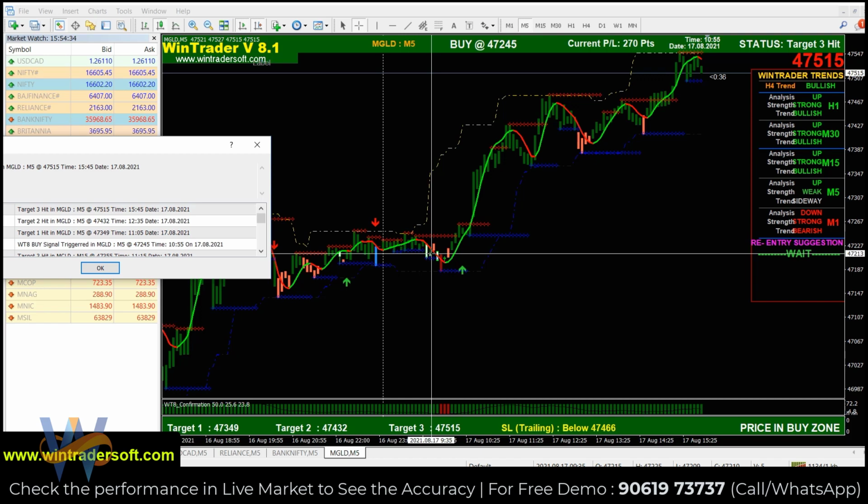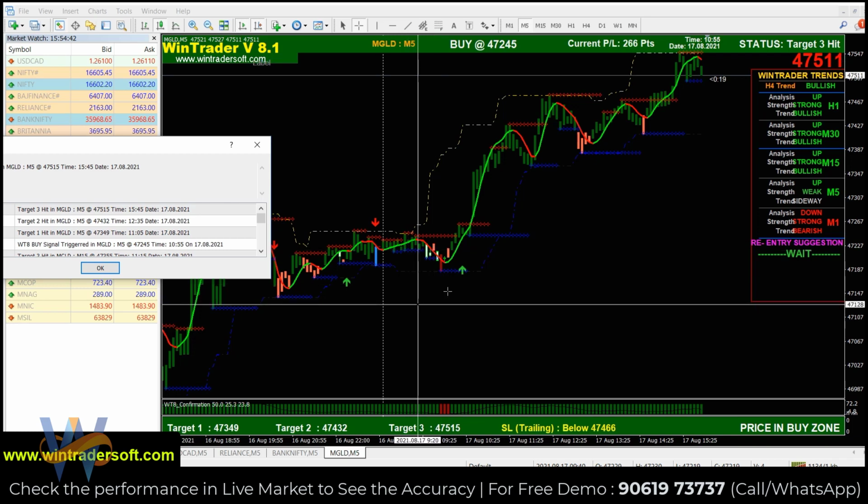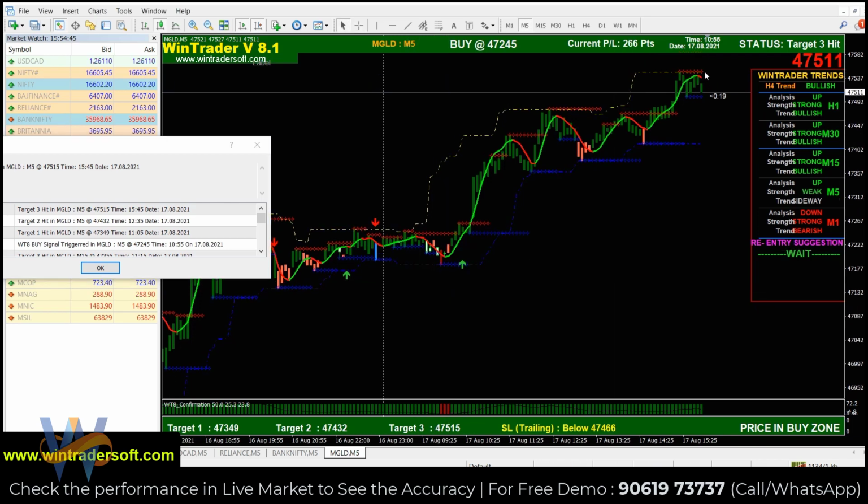Apart from these two colors, all other colors indicate the sideways market. Sideways means there's an 80% chance of reversal. So if the market is going sideways, the software automatically changes the colors of the bars, giving an indication that it's going sideways. And you can see red stars here, and below them blue stars. Red stars are the resistance level, and blue are the support level.